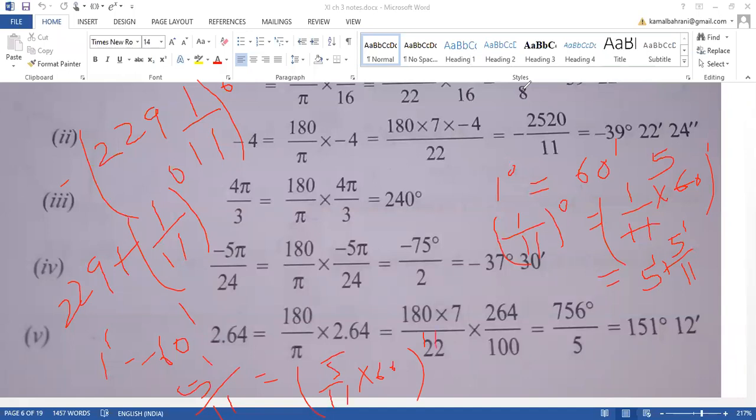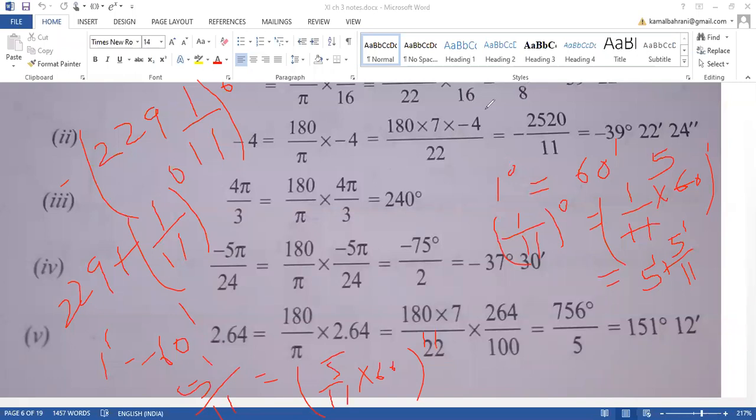Now it will be in seconds. So tell me, 5 by 11 into 60, how much will it come? Approximate value. Now we cannot go further, 6 seconds. If something is coming in points, we can take it as an approx value. You know how to take the approx value. Like if we are having something like 24.5, you can take 25 seconds. So let me know. Come to the chat box. Some have come. Very good. 27 seconds. Very good, Somil. So 27 point something we will also take as 27 only.